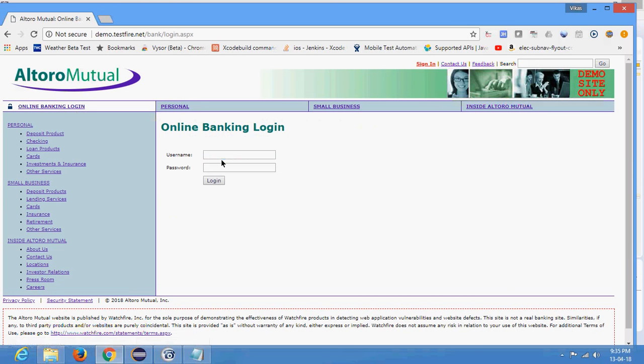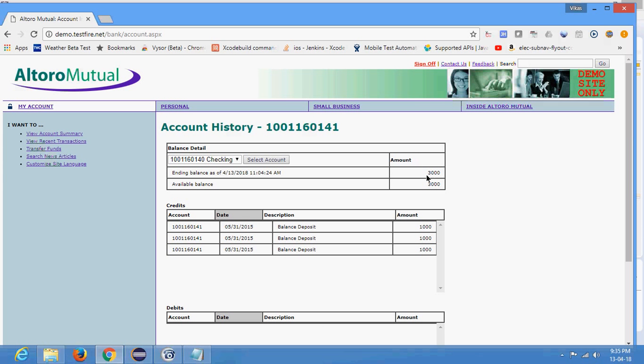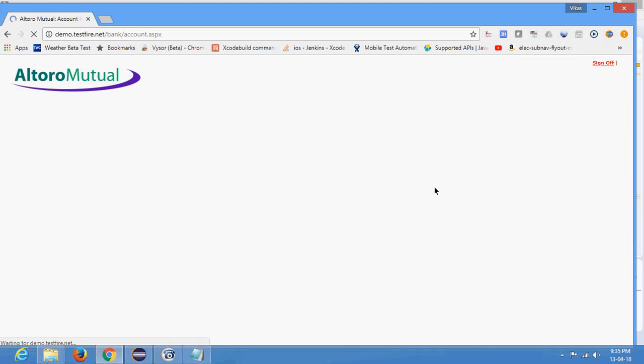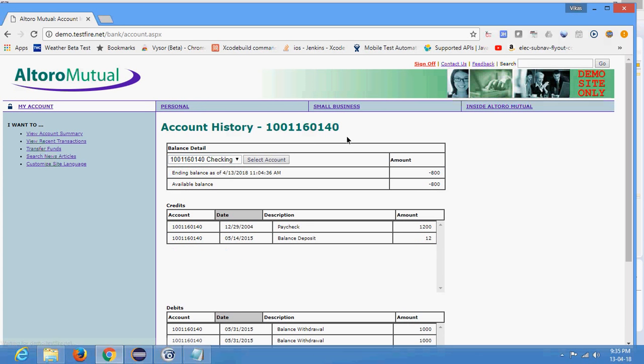It's not a real application. Online banking login, just click on that. It asks for username and password. The username is jsmith. Password is demo1234. Okay, you can log in with the jsmith demo1234. And once a login is done, you can select some specific account, go to that account, you can get the balance of that specific account. If you want, you can get the balance of the other account. I think this account has, okay, it is the same account, right? This account has a balance in a minus,